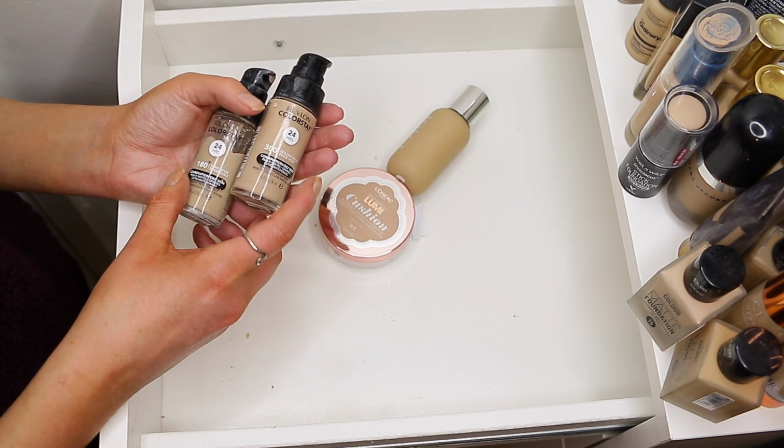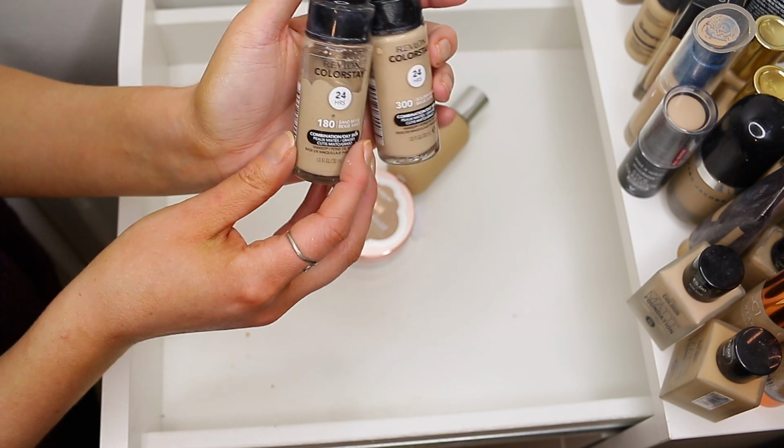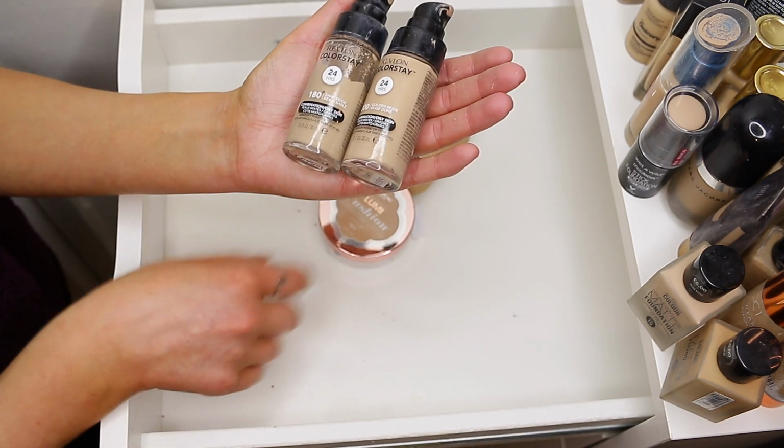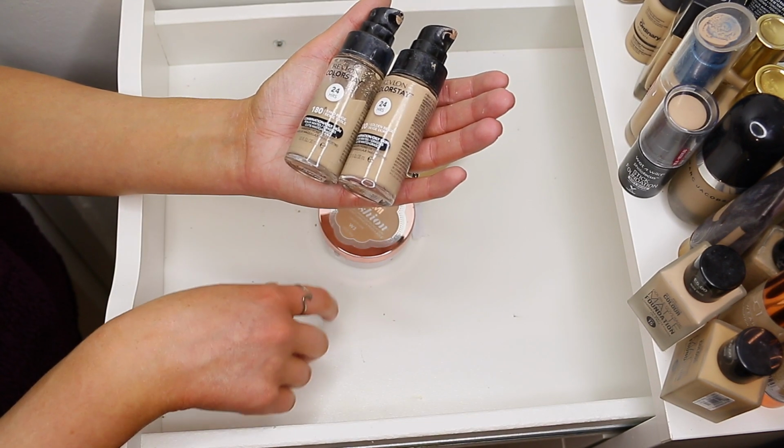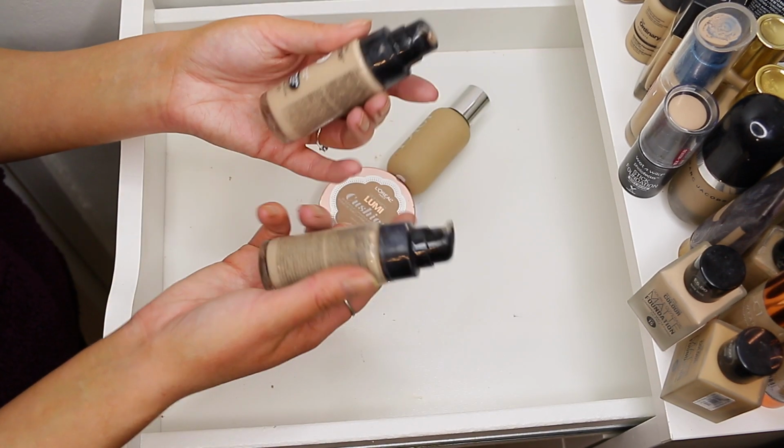I don't really use them a lot just because I think the shades are a little bit weird. So this one is a little bit too grey, and then this one is a little bit too pink. It's really weird, even though that says golden and that one says sand. They're really weird shades, but I'm going to keep these because I do like them, and I do use them